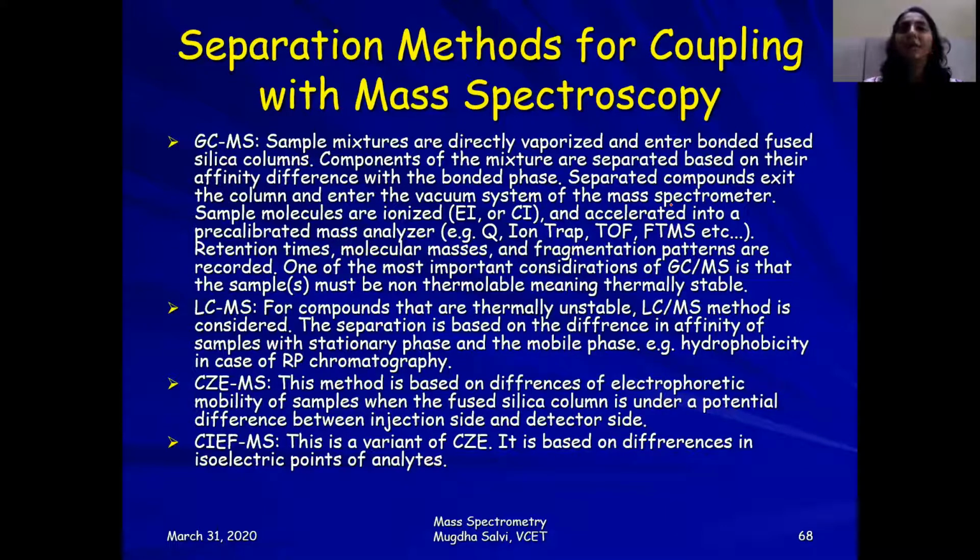And suppose these two are combined, that means you use a gas chromatograph, separate out the components, and then pass these to a mass spectrometer. We are using the mass spectrometer as a detector for the gas chromatograph. Such an instrument is called the GCMS, a combination of gas chromatography and mass spectrometry. Similarly, we can have other combinations, that is LCMS, where you have liquid chromatography and mass spectrometry.